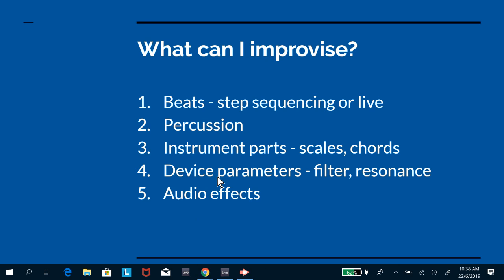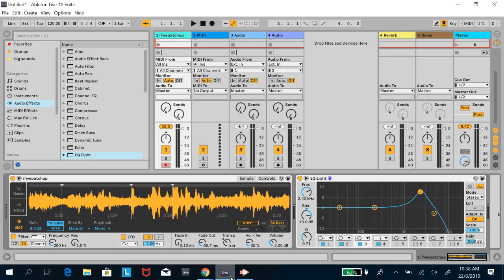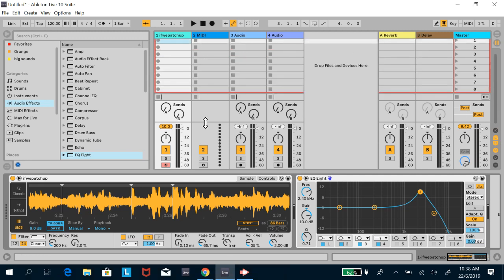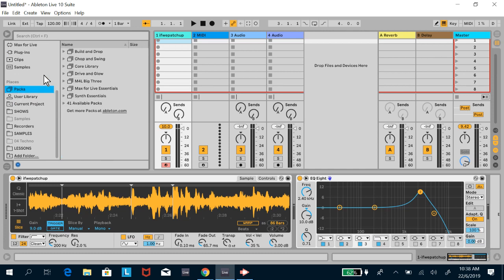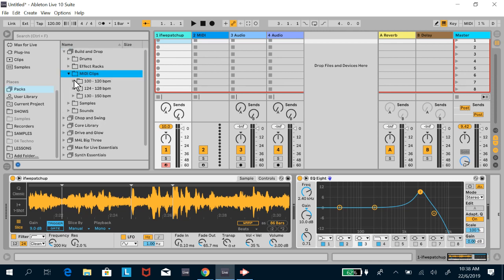So we talk about beats first. The reason why I asked you to download the packs, and everybody download packs. I only got a bit of drop. Okay, build and drop is chop and swing. Build and drop has this like